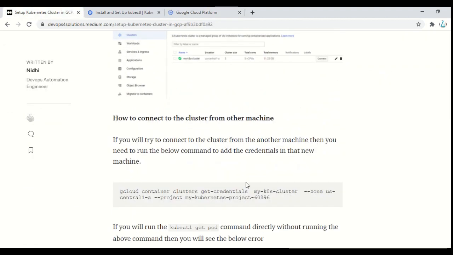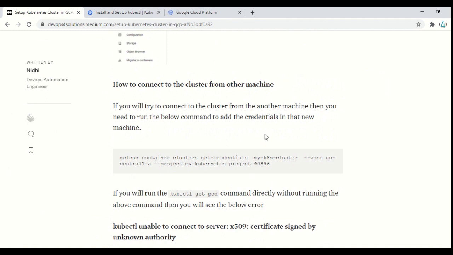The next thing, now we are able to connect to this cluster because from this local machine only I created this cluster. So it has all the credentials which are required. But if you need to connect to this cluster from other machines, right? I created it on my machine, but I have another VM from where I want to connect to this cluster.